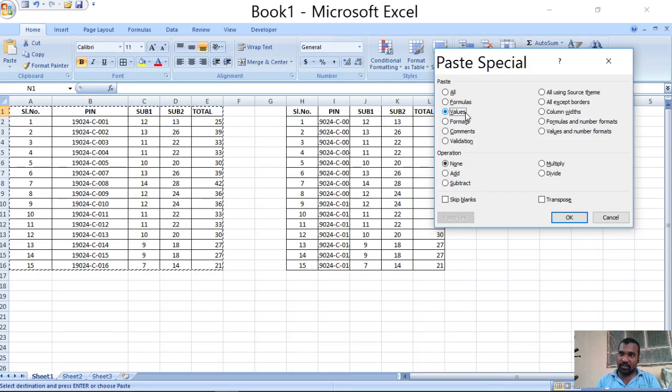So irrespective of the formulas, they won't copy any formulas. If you use this one, the formulas will also be copied. If you use this format option, then all the formats of the source are applied onto the pasted cells. Okay, so these are the things that we need to know every time.